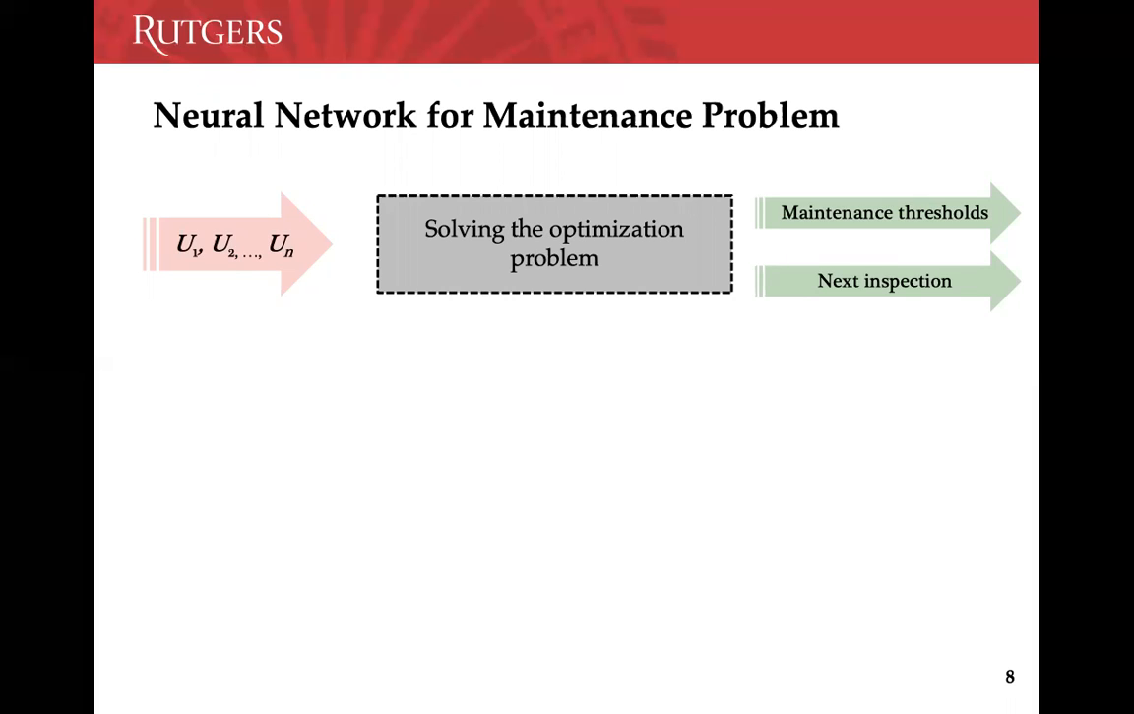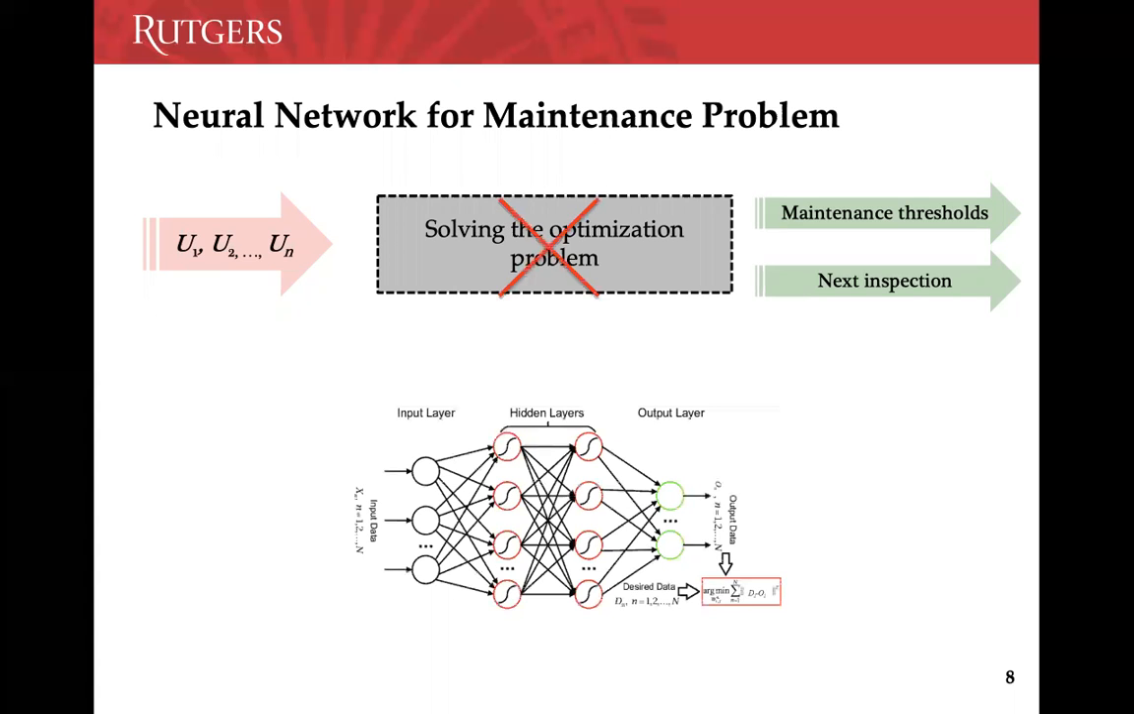But the problem here is that the maintenance optimization problem is very complex, and solving it takes a very long time. It's not beneficial for the maintenance team to wait in the field until the optimization is solved before they can find the maintenance decisions. So I want an alternative way to find these maintenance decisions very fast. In this case, I want to have a neural network and train this neural network for the maintenance team